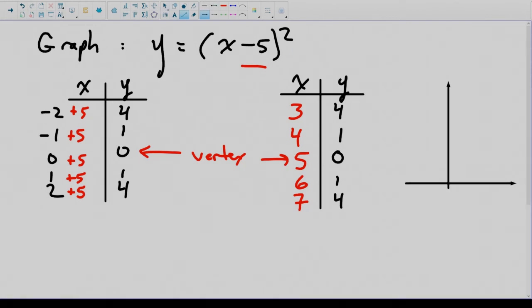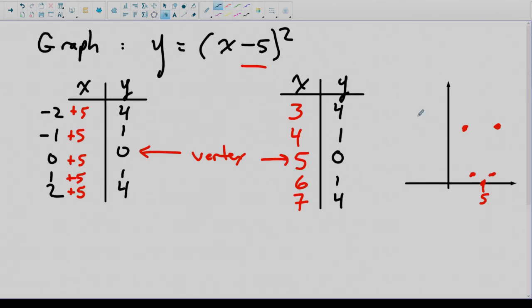If you plot all those points, and I'm going to do this really fast here, I'm actually going to put the parabola's vertex in here first so that I have an idea. So 5, 0 is that point, okay? 3, 4 would be here, 4, 1 would be here, 5, 0, 6, 1, 7, 4, and I'm not going to draw the curve because it's really hard to draw with my smartboard, but that is your parabola right there. Okay,